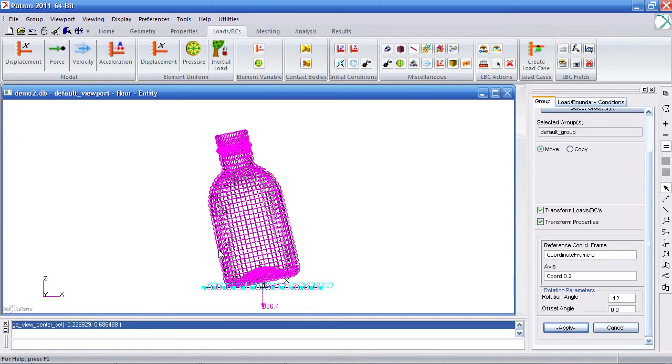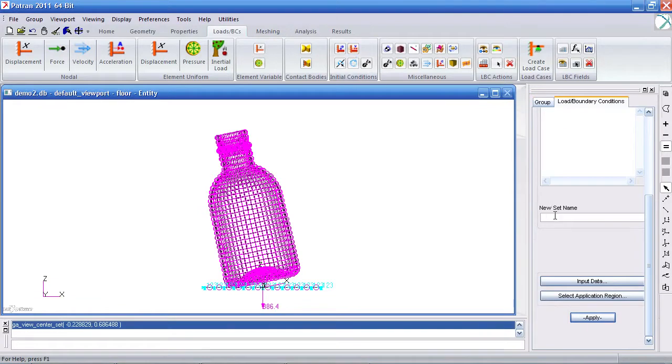So at this point, I've got everything set up. I've got my contacts. I've got the floor held. I've got gravity turned on. The last thing I need to do for my loads and boundary conditions is to define the drop height. Well, you may have asked yourself, well, you built it right on the floor. Well, we don't want to pay for the computational cost for dropping this thing, and I'm going to choose a